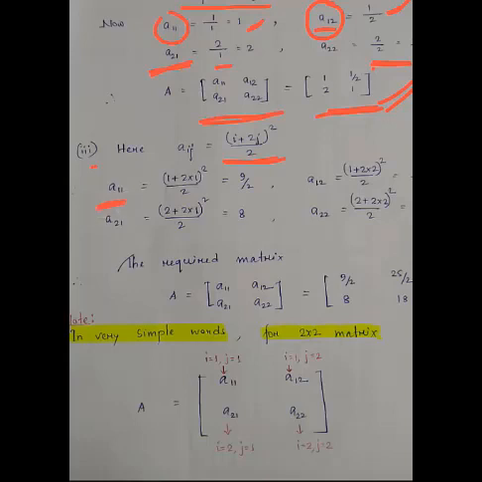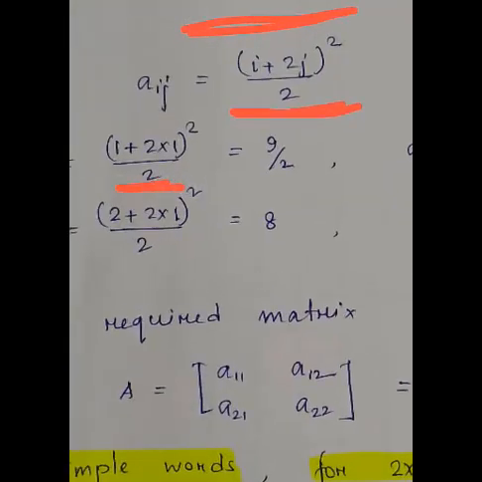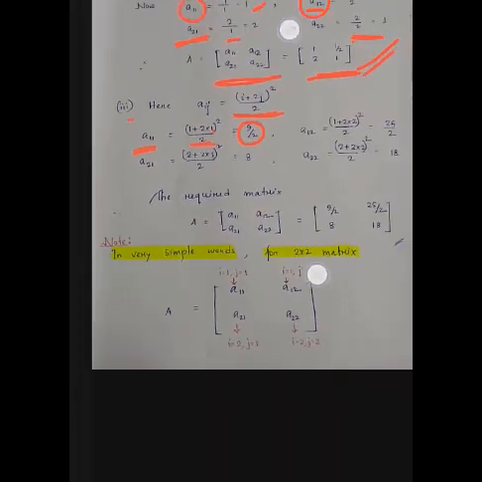So for A11, both i and j will be getting replaced by 1 and 1. That is what is written here. For i, the value is 1. For j, the value is 1. And the result on simplification we are getting as 9 by 2. Then for